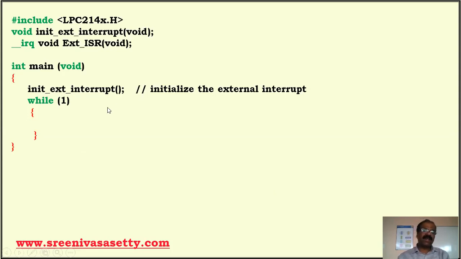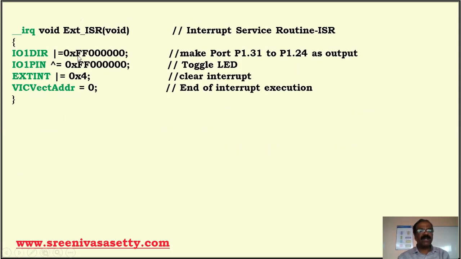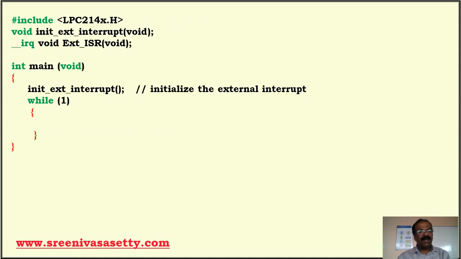Then after configuring the interrupt system, we have to write a program in such a way that it executes infinitely. That is very, very important. Assume I don't have any work to do, you have to create an infinite loop like this. Then when there is a request from external devices, it takes you to that interrupt service subroutine, executes that program, and after completion it comes back and continues the main program.